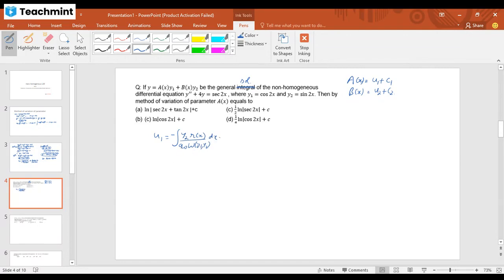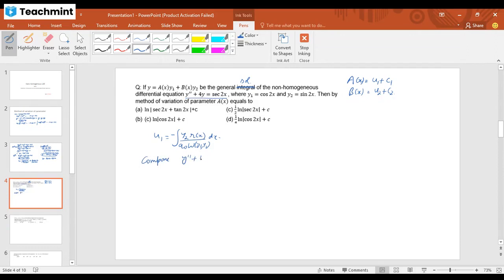So firstly, to find the value of a(x), we need to get the values of r(x), a naught and W. So I am going to compare the given differential equation,